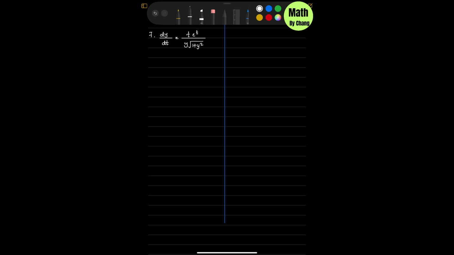So today let's solve a problem which is a little bit challenging. dy/dt = t e^t / (y √(1 + y²)). Okay, so this problem,